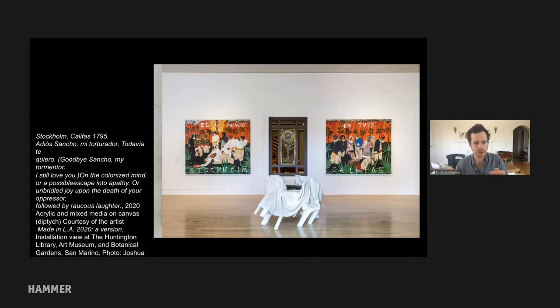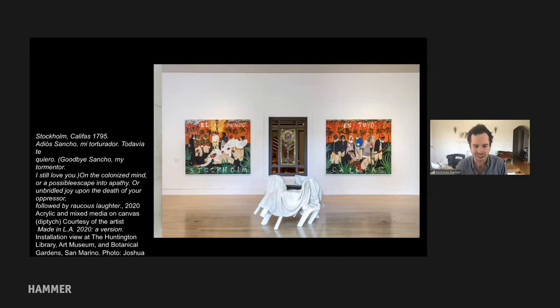The Battle of Malibu, which I mentioned is at the Hammer Museum, has a corresponding work at the Huntington, which I'm not really going to talk about right now, which is equally intricate and amusing, and intense and funny and dark and morose and macabre. It also has an incredible title, which is Stockholm Califas, 1795, Goodbye Sancho, my tormentor, I Still Love You, On the Colonized Mind, or A Possible Escape into Apathy, or Unbridled Joy Upon Death of Your Oppressor, followed by